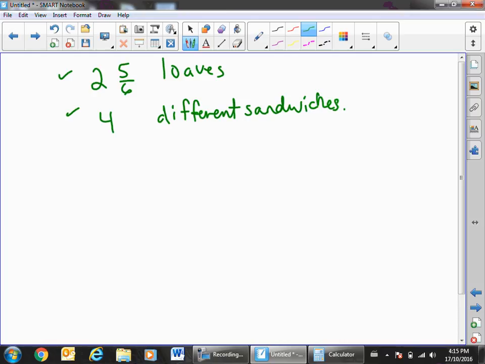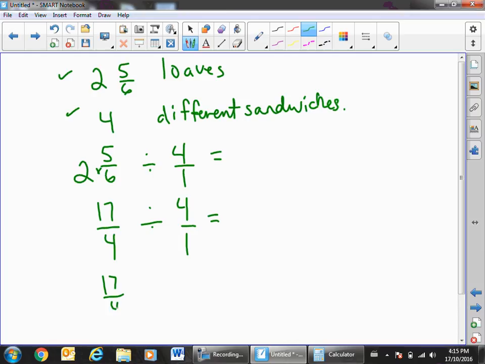All right, so basically this is basic division. He's making 2 5/6 loaves. He's dividing them into 4 different types of sandwiches. So we're just going to simply say 2 5/6 divided by 4. Well, we know with division, the first thing we're going to do is we're going to convert this. So this is going to become 17 over 4. 2 times 6 is 12, and 5 is 17. Excuse me, divided by 4 over 1. Now what we're going to do is we're simply just going to multiply by the reciprocal. So this can become 17 over 4 times 1 over 4, and that is going to be 17 over,